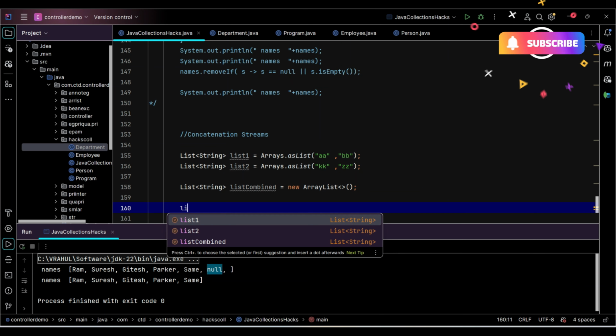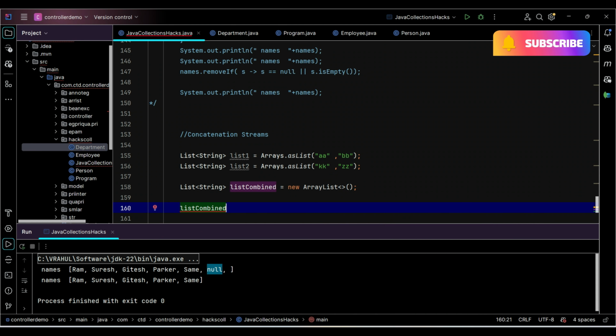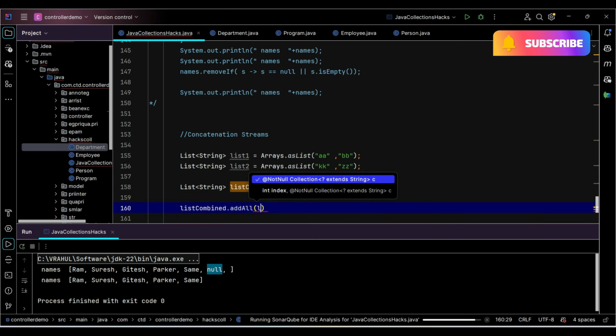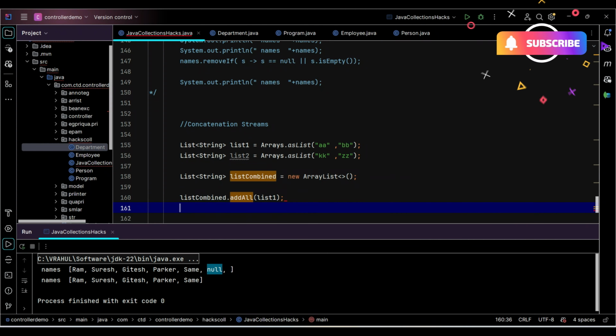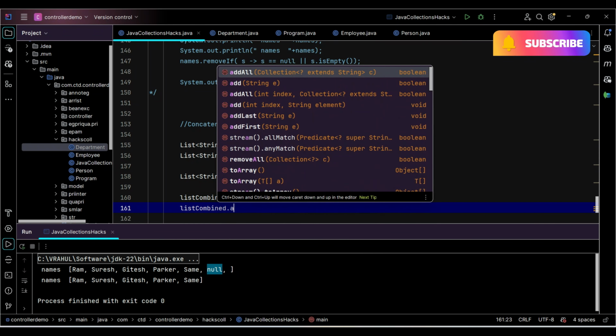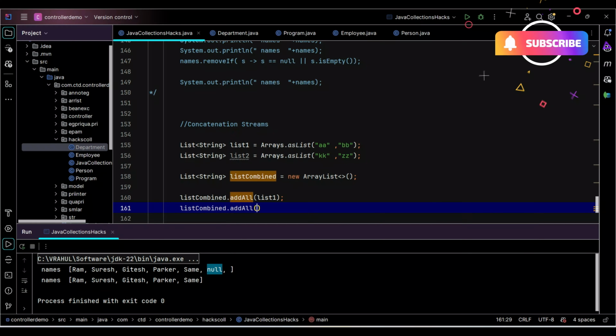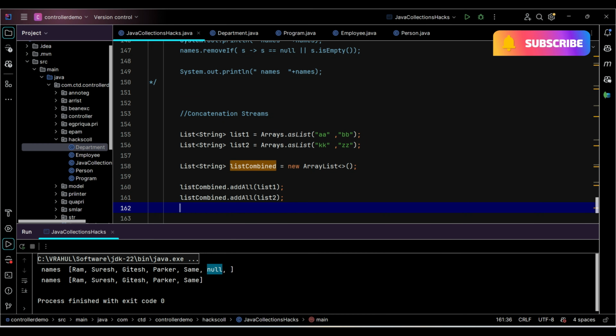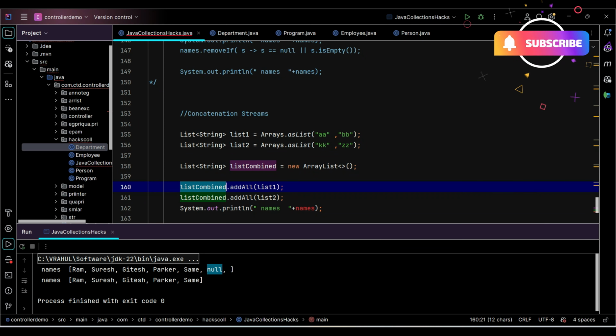Now as we wanted the list combined, we add all the elements which are there inside list one, then same thing, we'll add all the elements from list 2. In this way we will add one by one whatever lists were there. So what we'll do, we'll print the final list over here,